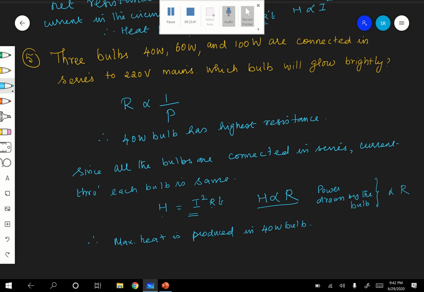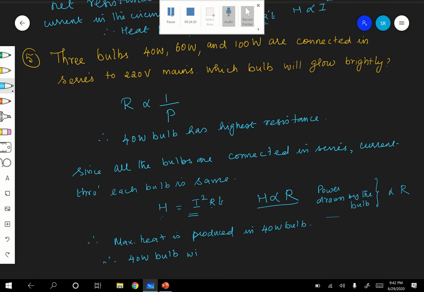Are you following? Is it clear? H is equal to I squared RT. H by T is nothing but the rate at which the heat is produced. Therefore, maximum heat is produced in the 40 watt bulb. Therefore, whichever is drawing more power, or producing more heat, will glow more brightly. Therefore, the 40 watt bulb